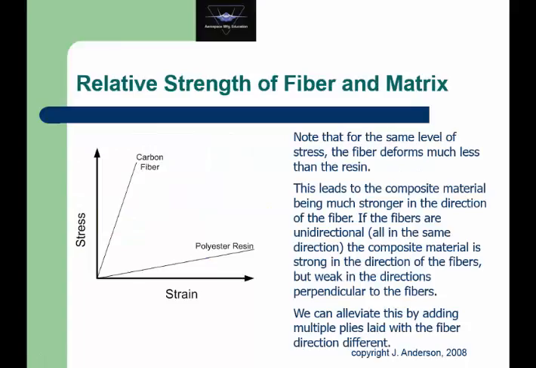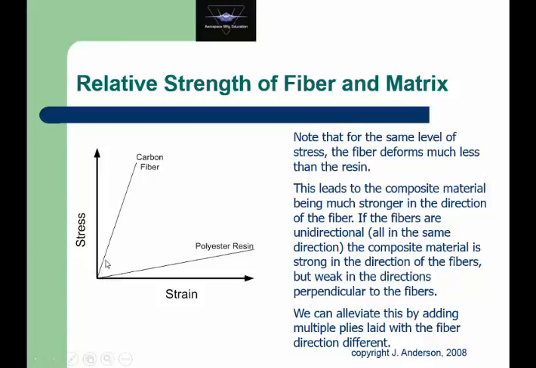If we look at the relative strength of the fiber versus the matrix, you can see this diagram is stress versus strain. So stress is force per unit area. So for a certain force here, we can see that we get a lot more strain in the resin than we do in the carbon fiber. Actually, let's pick a lower stress point here. So we get this much strain with the resin, but we only get this much strain for the carbon fiber